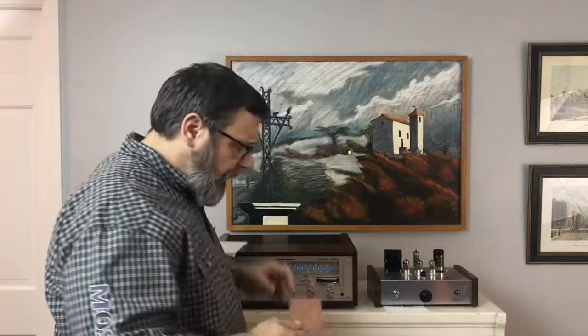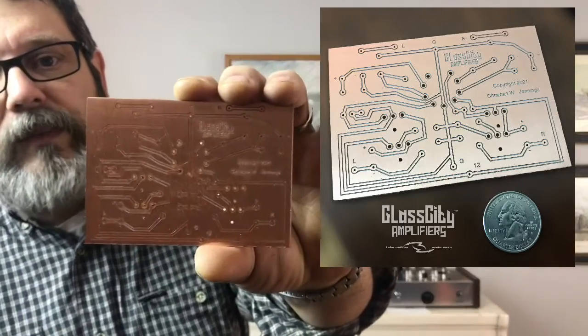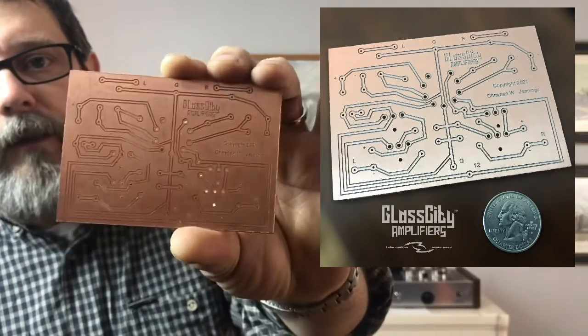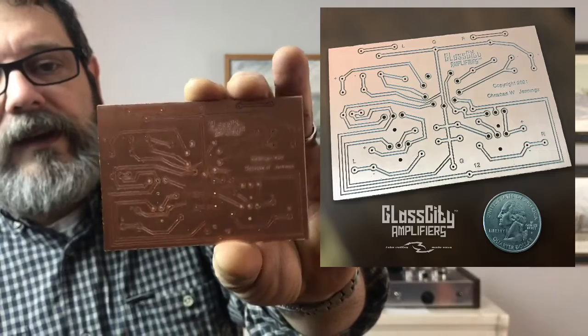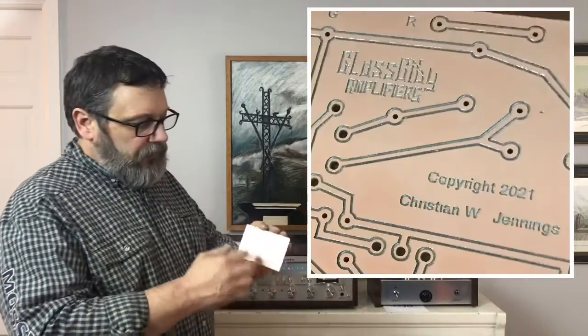So in order to do the headphone amplifiers, I figure I'm going to need a circuit. While these are hand wired, the headphone amps will use a printed circuit. It's actually etched, so I used the CNC. I don't know if you could see that, but it's super cool. So we're pretty excited about that. So I can build these, and for each one of these I build, it'll be a signature